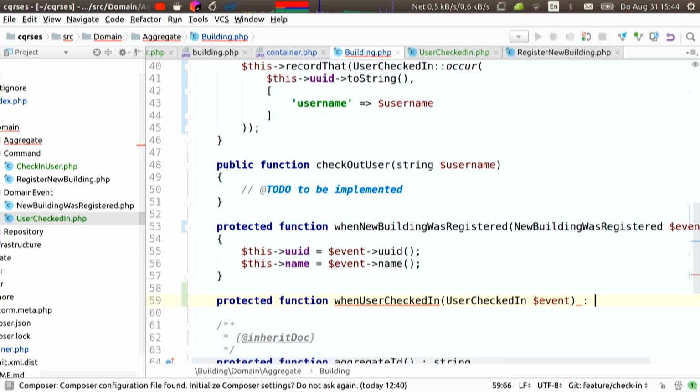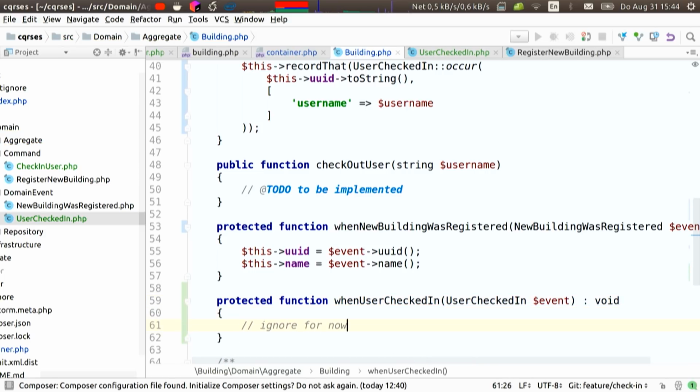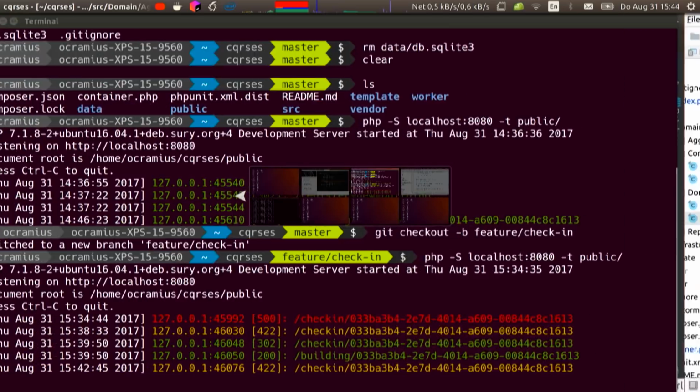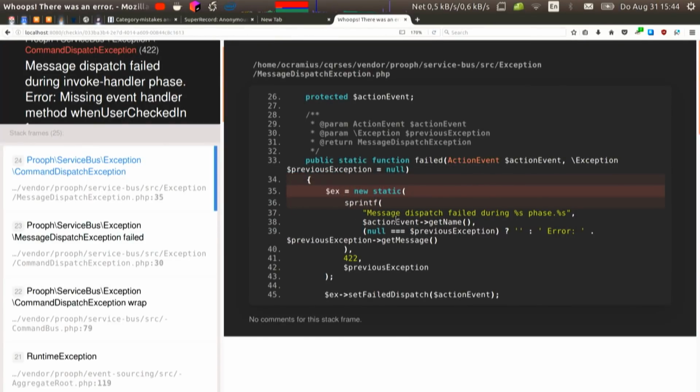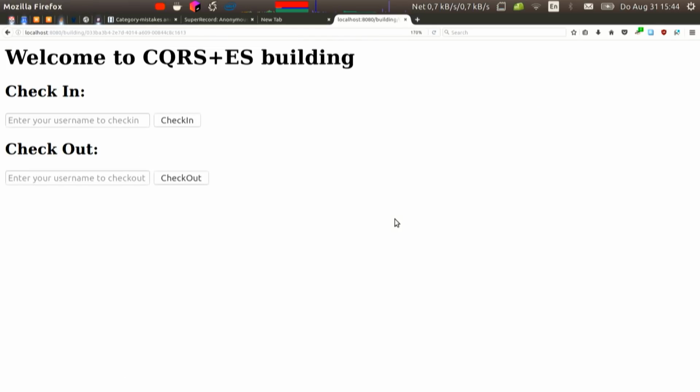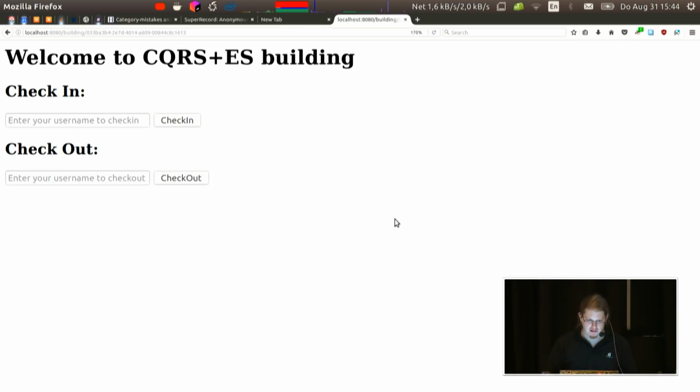Event, and this is void, and I'm going to say ignore for now. Because we're not really moving any state, we're just logging the interaction. It just lands in the event store. So what happens now is that if I refresh again, I should see the page. If I go to my event store, if I did it correctly,